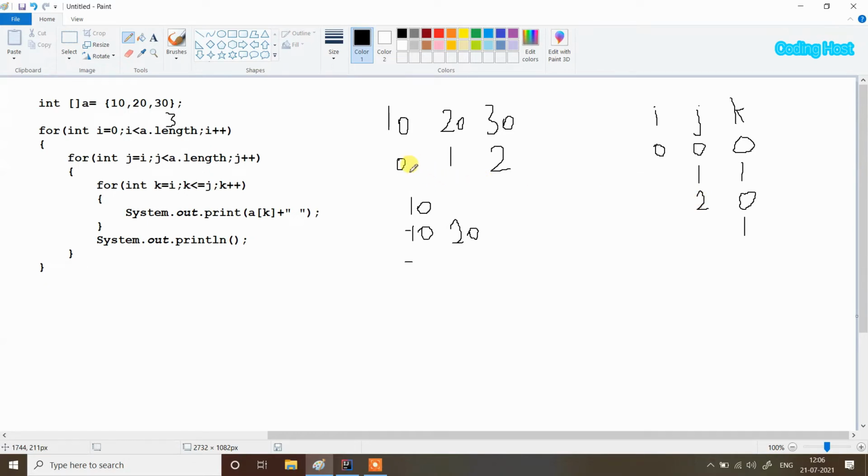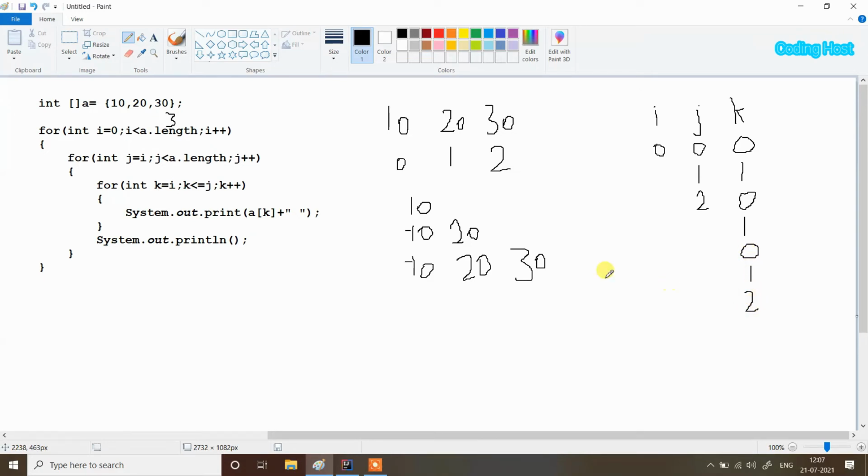So at index 0 we have 10, then at index 1 we have 20, and then at index 2 we have element 30. And here these are not minus signs. I am using it as a reference for the next line, that we are printing them in the next lines. After printing all these elements from index 0, 1 and 2, it means that k will travel through all these indexes. So k will become 0, then 1 and 2.